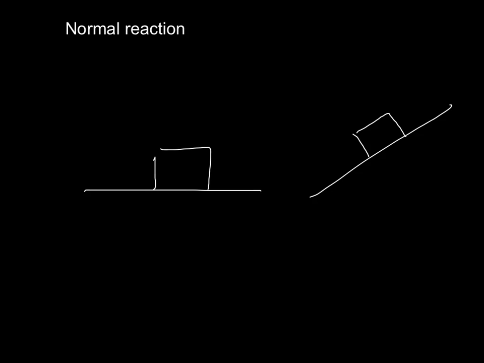So for example, imagine that I have this block here that has a certain weight. So this thing is trying to go down. But of course it can't go down because there's the ground here. So how can the ground prevent this body from going down? Well, the only way is by exerting a force that's exactly equal to this force that goes down, but in the opposite direction. When this happens, these two forces will balance out, and then this thing is not going to move. Now, of course, this happens in this case because the surface here is horizontal.